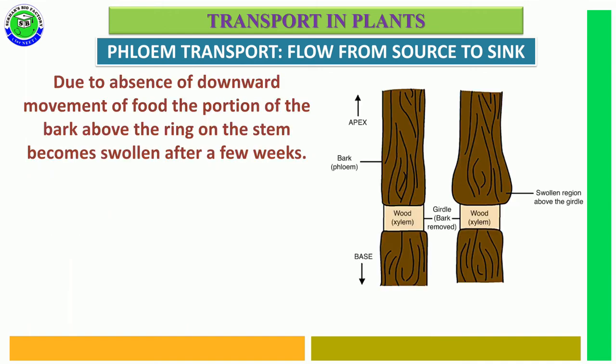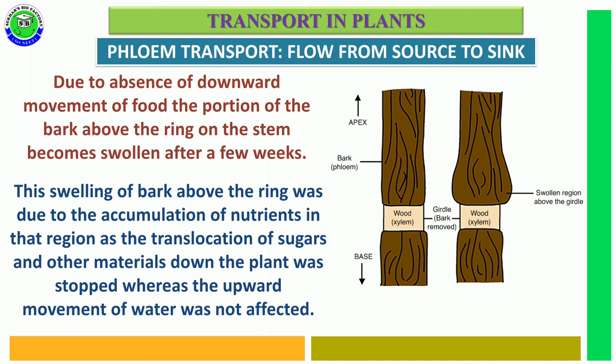So due to absence of downward movement of food, the portion of the bark above the ring on the stem becomes swollen after a few weeks. This swelling of bark above the ring is due to accumulation of nutrients in that region, as translocation of sugars and other minerals downward